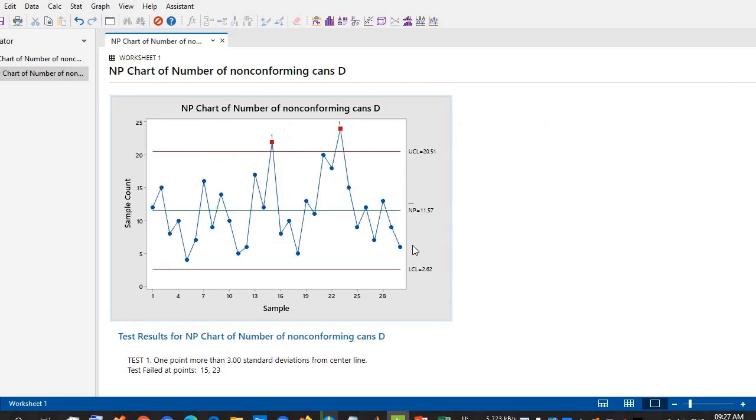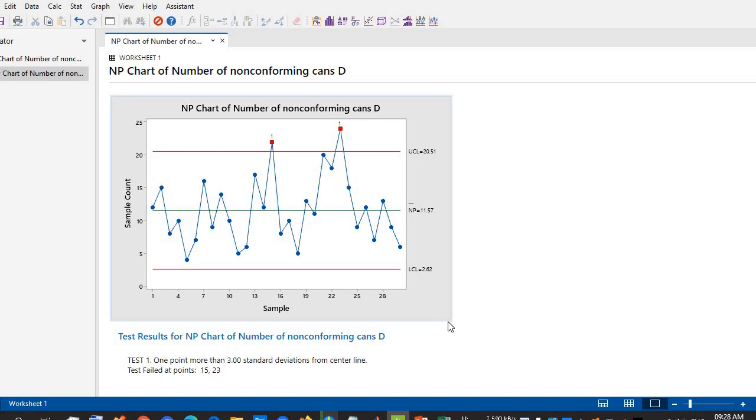This is the NP chart for number of non-conforming cans, and here you can see the center line NP bar is equal to 11.57, upper control limit is equal to 20.51, and lower control limit is equal to 2.62. Here also you can see that the test failed at points 15 and 23, that is, samples 23 and 15 are above the upper control limit, so we can say that the process is not in control.